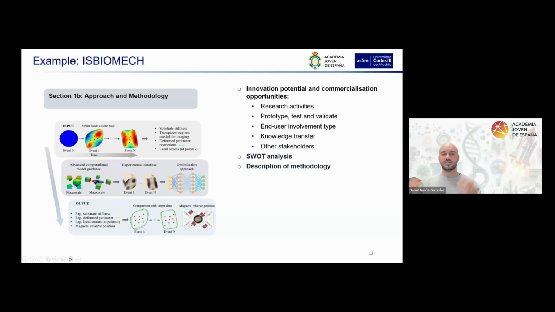So all this knowledge that you're going to develop during the POC, how are you going to transfer it? You're going to define protocols, user manuals, all these things, and then other stakeholders. So okay, after this, what? You don't need to develop a business plan for submitting your POC, but you need that at the end of your POC